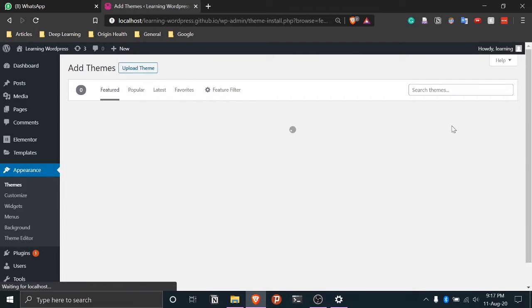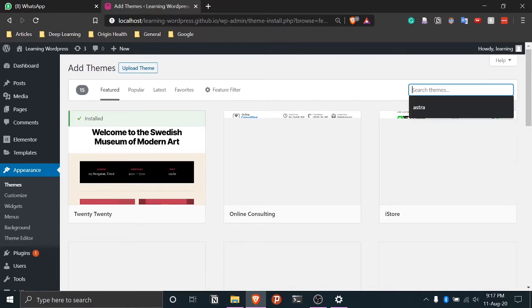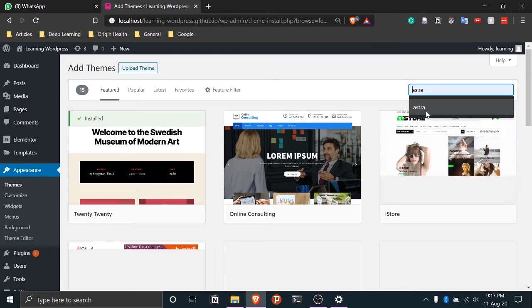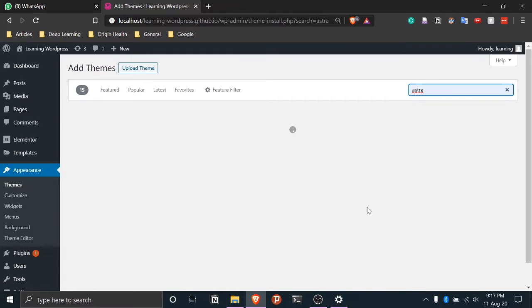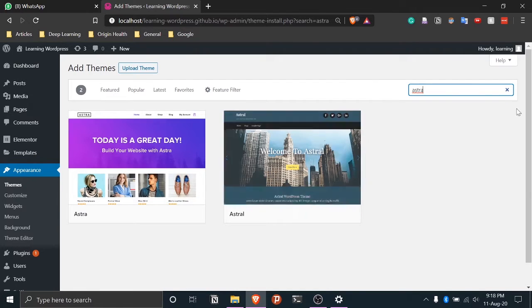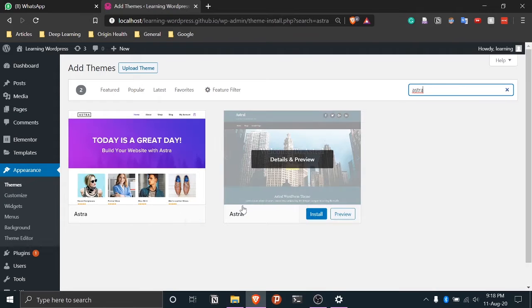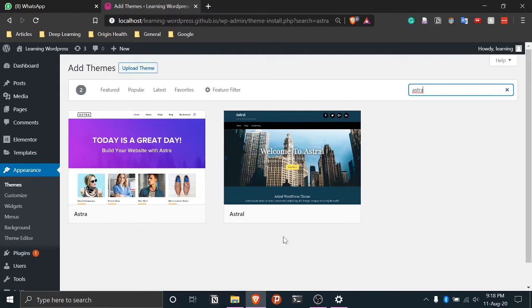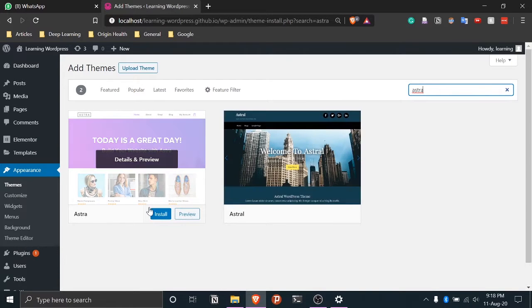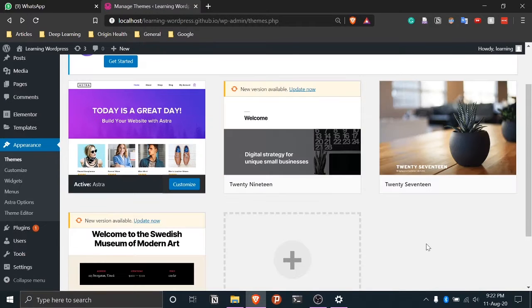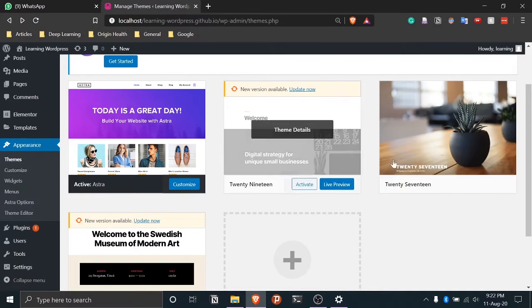So click on add new, and we'll add this new theme called Astra. So search for Astra here and let it load. Now that this is loaded, we can see this is Astra and this is Astral. Be very careful, we want Astra, not Astral. So we'll install this theme. All right guys, so now we can see that Astra is installed, and these three themes are also there, 2019,